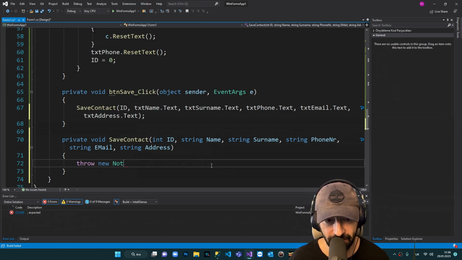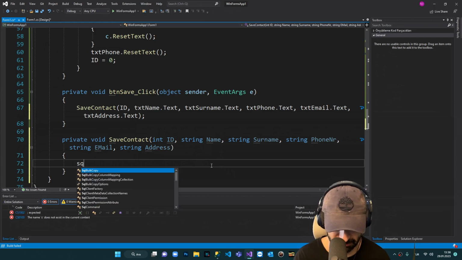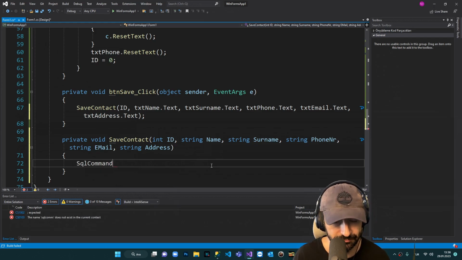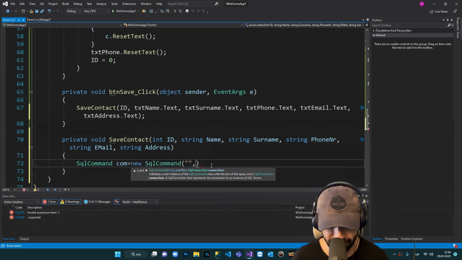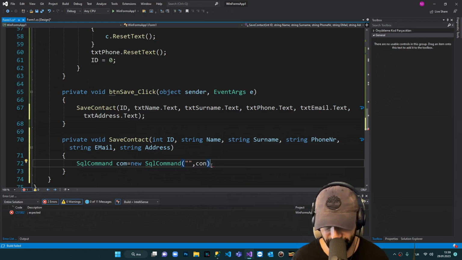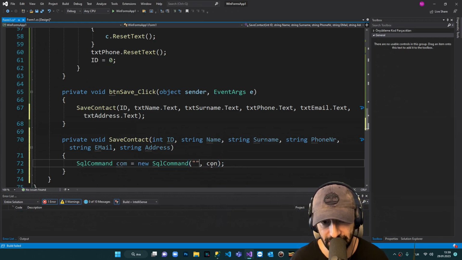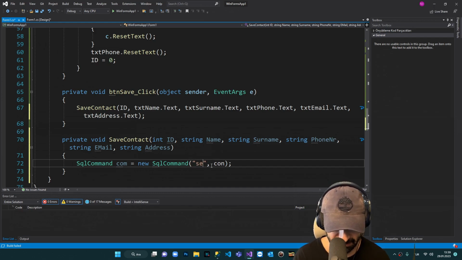Now let's create our SQL command thing. SQL command com equals new SQL command. Here I'm going to give the parameter. I'm going to give the connection in order to establish a connection inside my parameter. And here I'm going to say select